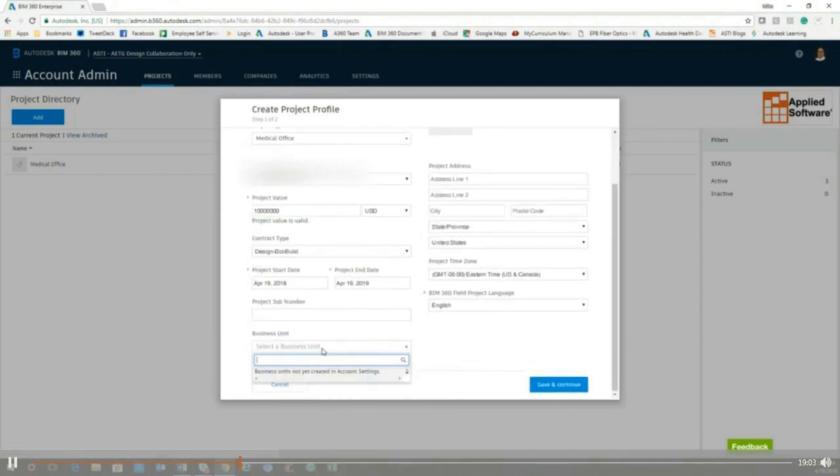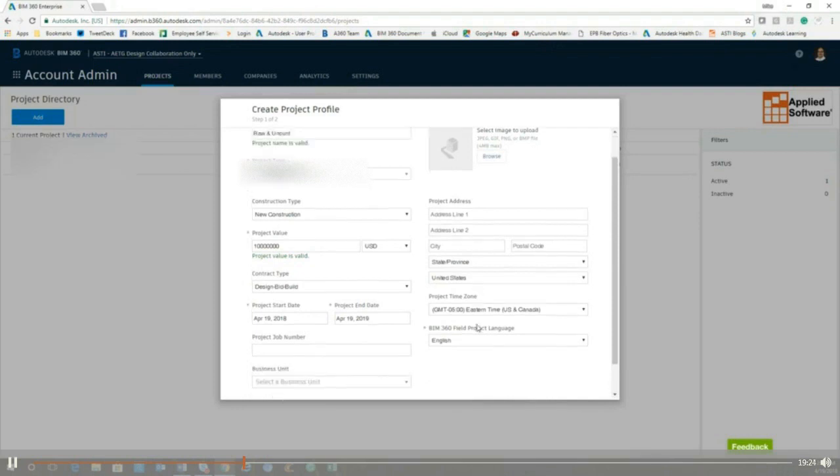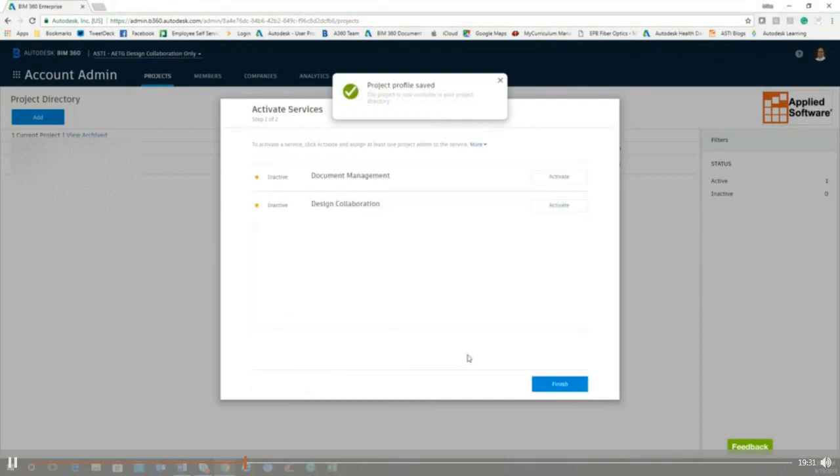It also has a section here to assign business units. This is where you can establish, say, East Coast projects versus West Coast projects, if you need to divide out your projects. You can upload an image if you prefer to have an image for the icon of the project, and also fill out the project information as far as the address, city, and location. Once you have all that filled out, you simply hit the Save and Continue button, and then it's going to ask you